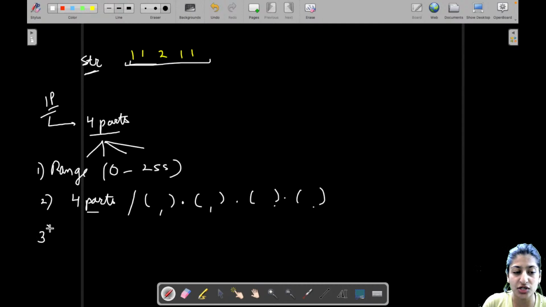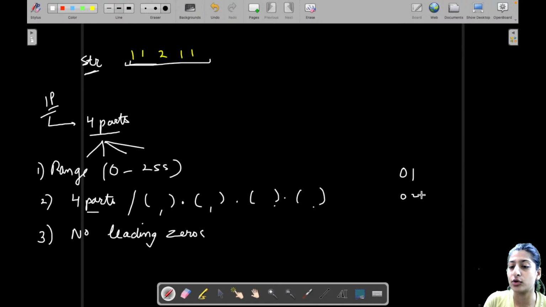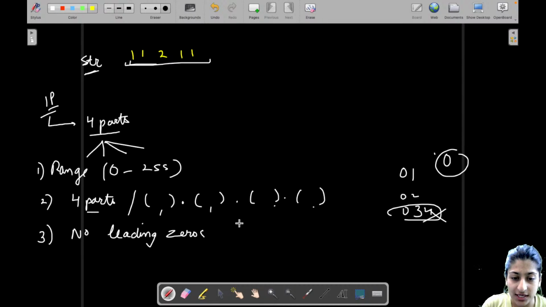And the third condition is there should be no leading zeros. When I say there should be no leading zeros, this means that you should not have any part of the string which starts with 0. For example, 01, 02, 03, or 034, right? This will not work. I'll show you the difference of this condition. If let's say you have a string like this